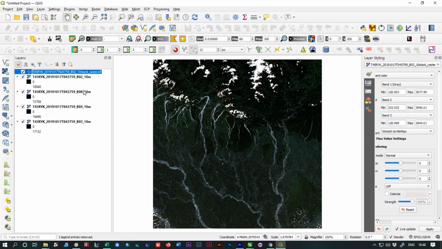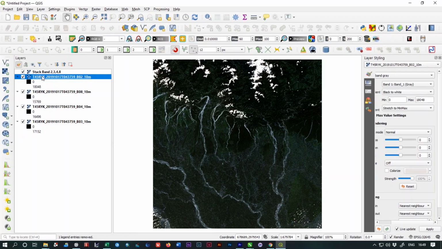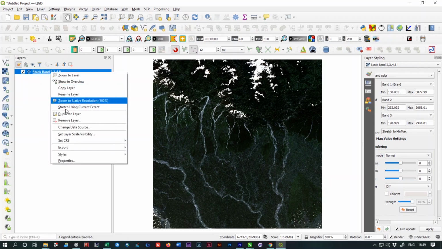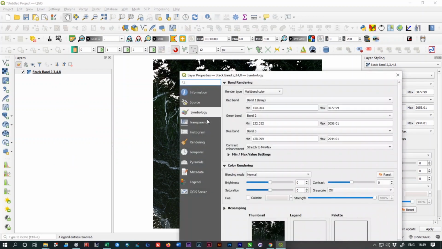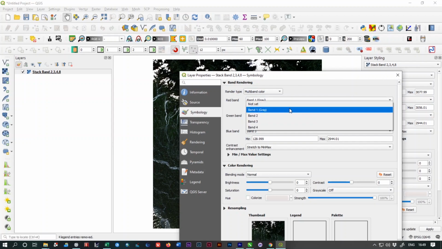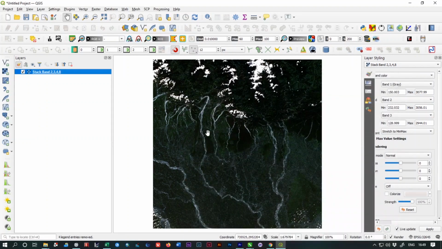So we are going to give the file name as stack band 2, 3, 4 and 8, and also delete the other bands. If you check the properties of the new stack band, you can find all the properties are available in the new stack layer.